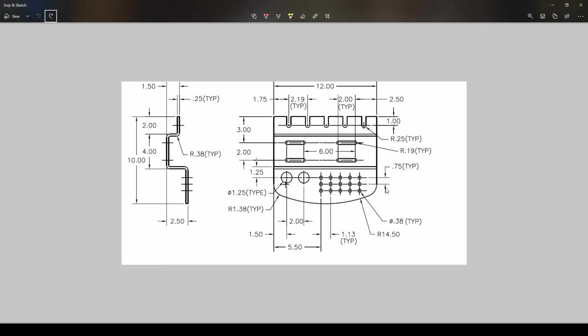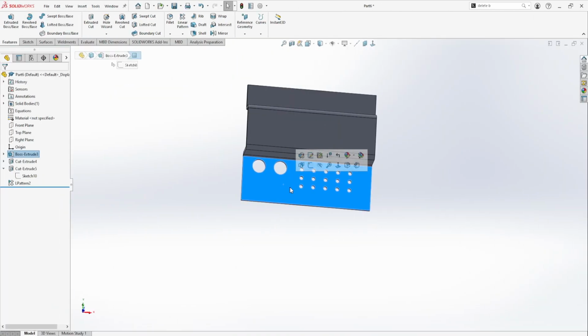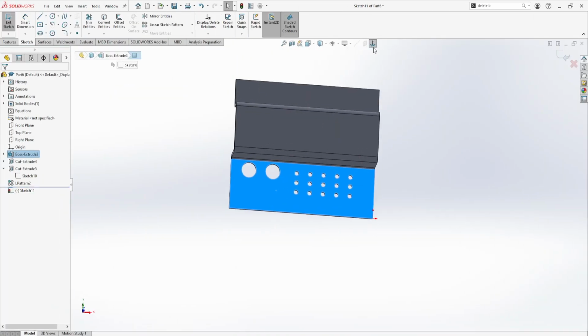And we could either do that with a sketch and then making that sketch into a surface and using that surface as a cutting plane, or we could actually do a single sketch and then use that just as a sketch extruded cut, which is a little bit faster and has less features on the tree. So what we can do, go to sketch,